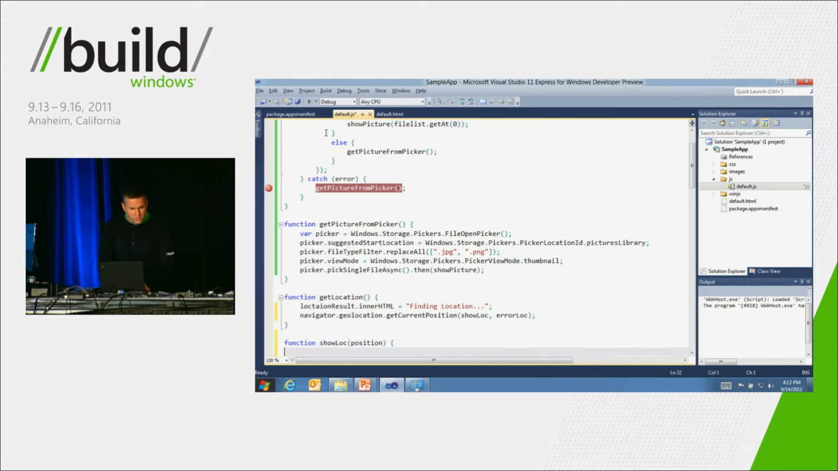And what we're going to do is just display in text the latitude and longitude we get back. Of course, if you made your app, you'd probably make use of Bing Maps and display some snazzy graphical representation, but you'll get the idea here. So location.result.innerHTML equals